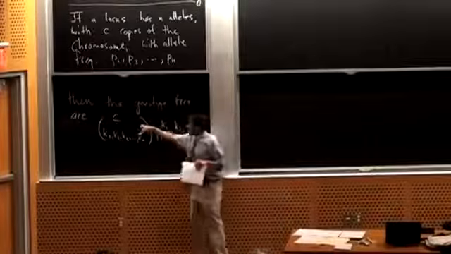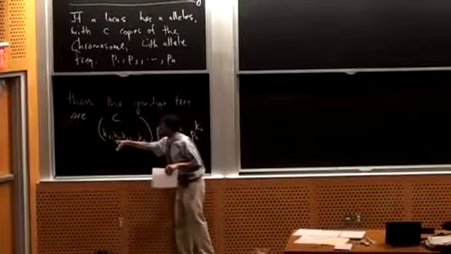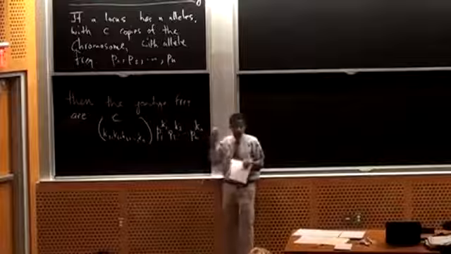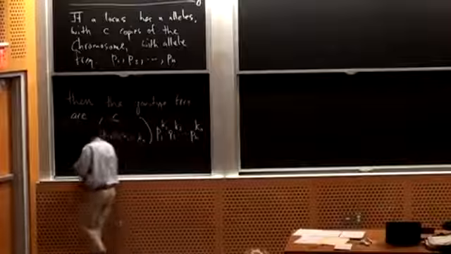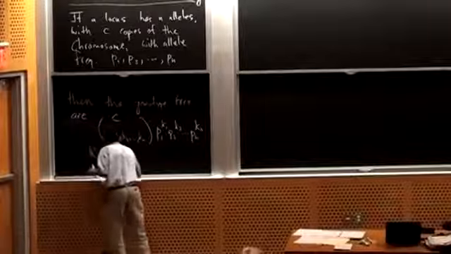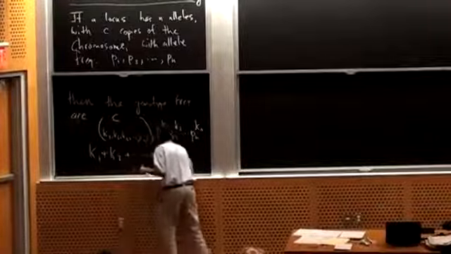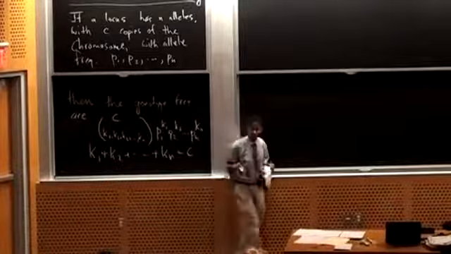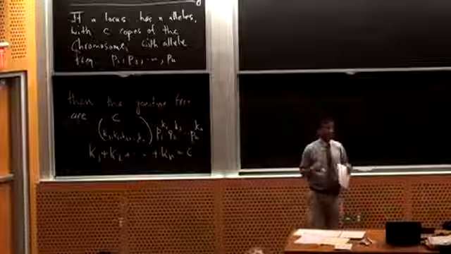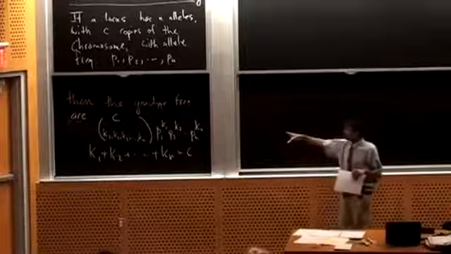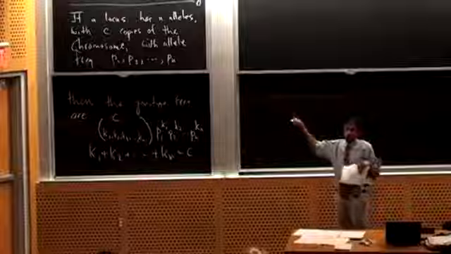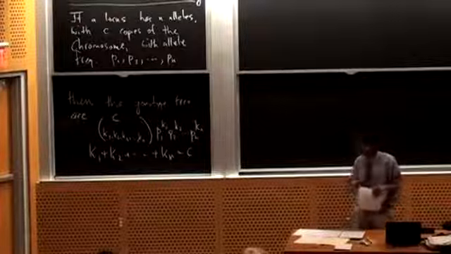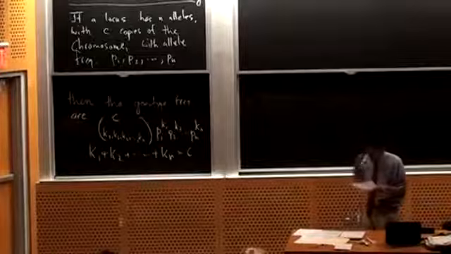So this is the multinomial coefficient C choose K1, K2, K3 all the way to Kn. And K1 through Kn are the number of copies of each allele, with K1 plus blah, blah, blah up to Kn all equal to C. So you could actually state that and then prove it. That's option A. So now I'll give you option B for starting the same topic.